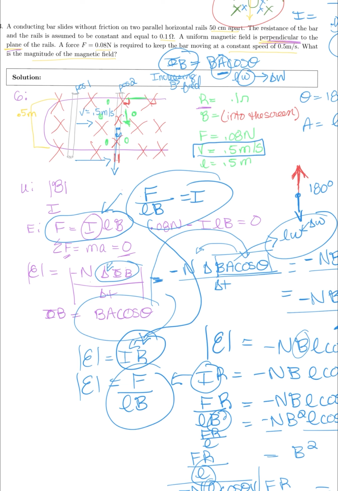This is coming out of the screen now, so that means you want your fingers, before they do anything else, to come underneath the screen. So your fingers are going to be pointing out this way, and your thumb is going to go to the left. So this means your induced current is going to be